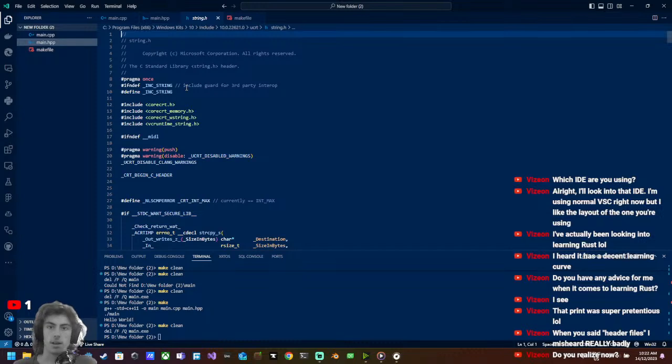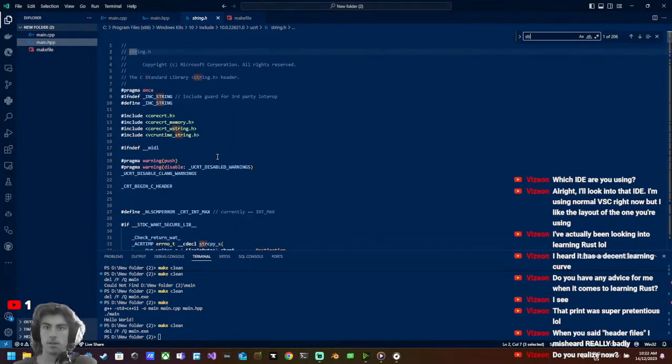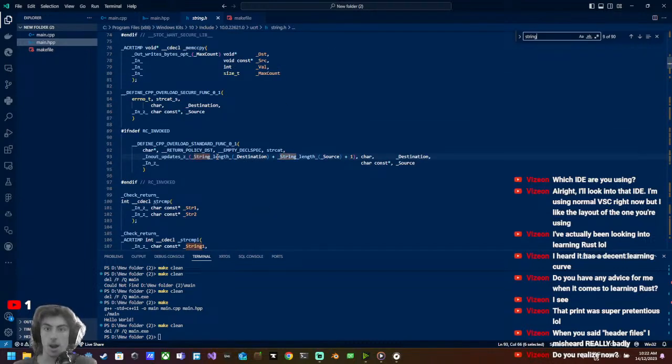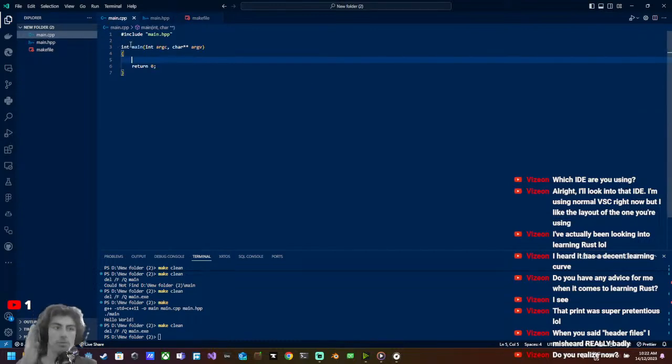Because string is not the header file for string. I don't even know why it's not included. Oh, okay, yeah. It's in the standard library. Standard library string text equals